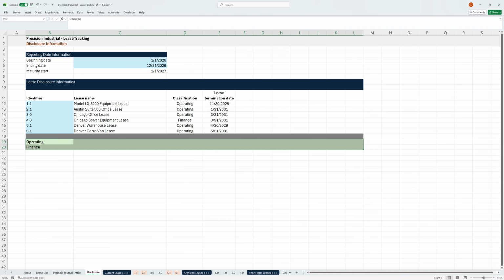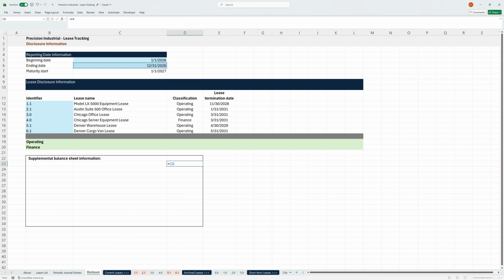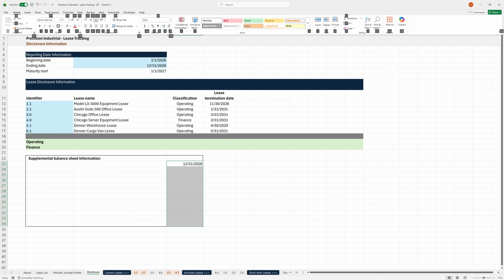Okay, so now before we begin to pull in the different data for our leases, let's put together the templates of our disclosure tables so we have those as a guide for the information we'll need. The first will be our supplemental balance sheet information. So I'm going to add a box here, title it Supplemental Balance Sheet Information. We'll bold that, and then this will be as of the ending reporting date. So we'll link back to that, probably bold that as well,